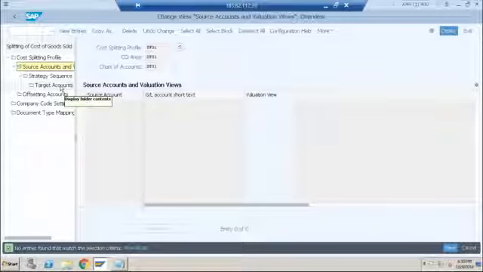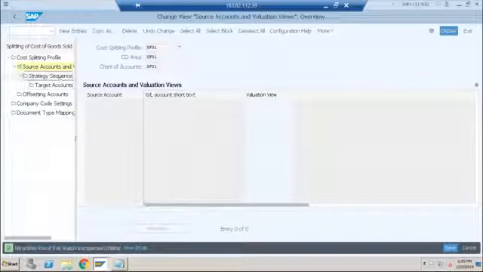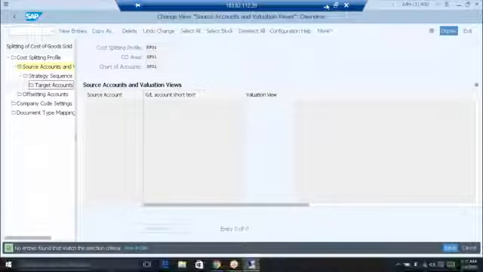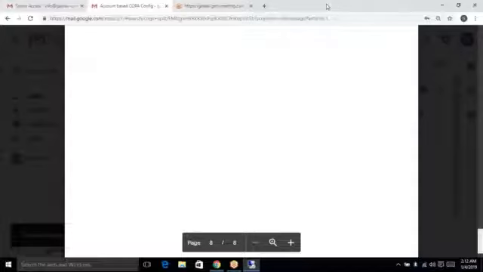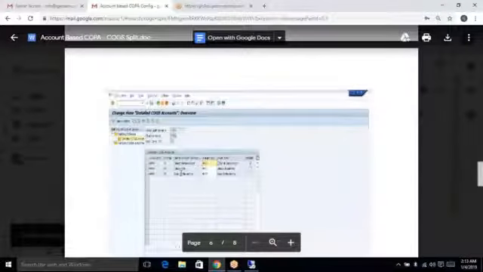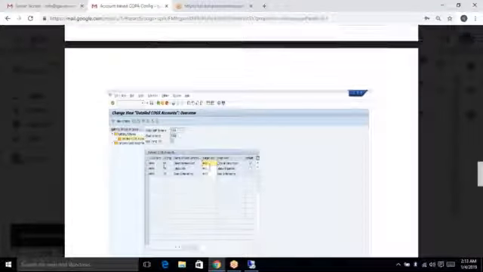Then in the target accounts, I have to specify one by one. Actually, I need to create those GLs. In the target accounts, I specify which cost component structure maps to which target account. Can you see this? These are my target accounts.